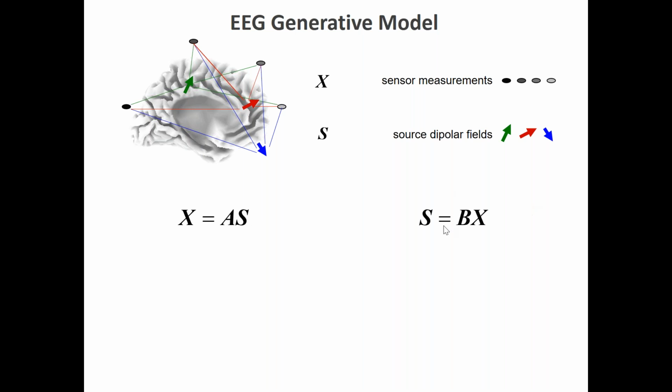What we want to do to actually perform this operation is to find the inverse of the matrix A, which we call B, such that then we can, just by algebra, obtain an estimation of the sources, multiplying our data by a matrix. So this matrix B, as I told you before, is going to be the product of two matrices, of which one is a whitening matrix and the second is another orthogonal matrix.